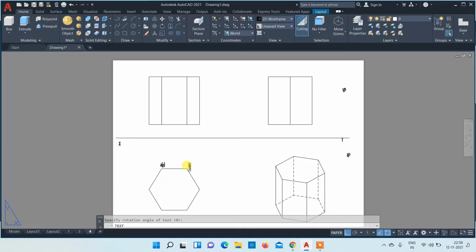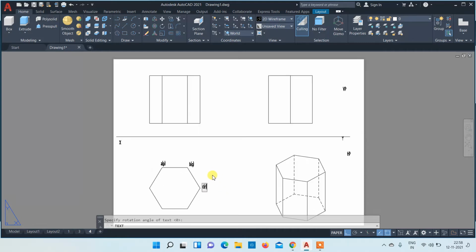Likewise B, with Q in the bracket, C, with R in the bracket, then D, with S in the bracket.